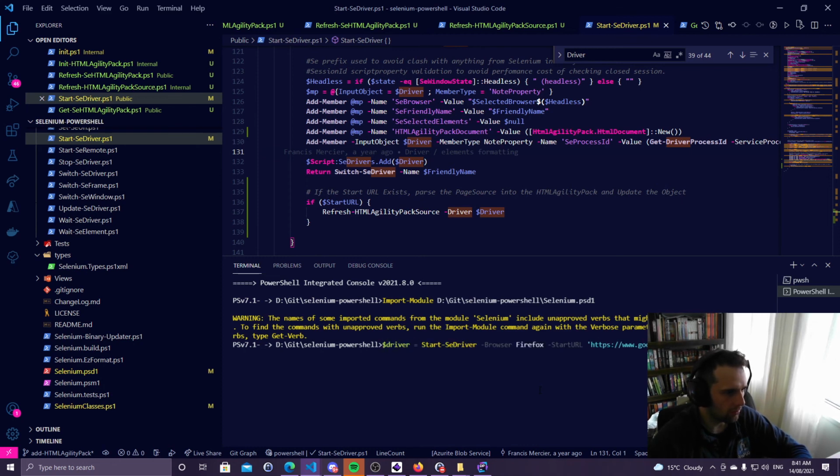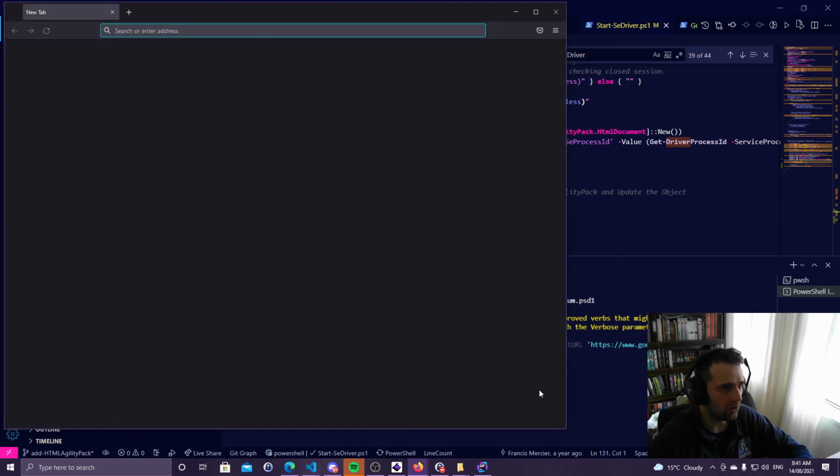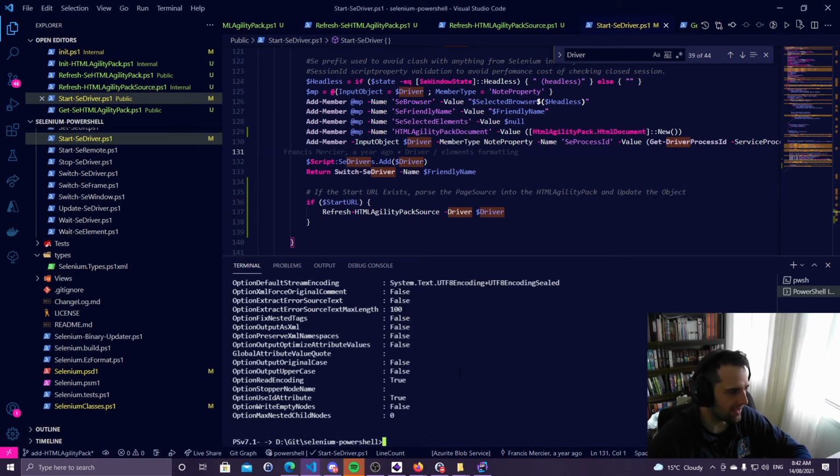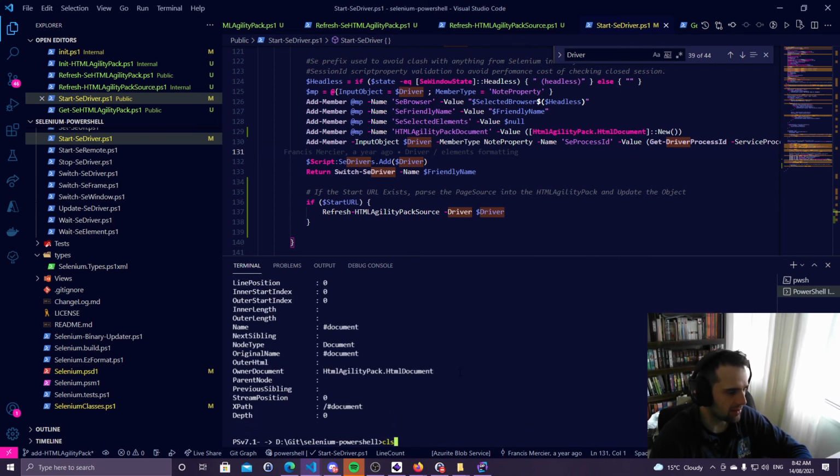Shouldn't have to, the HTMLAgilityPack should automatically load this up. Now, it could be the fact that the driver actually hasn't got anything. You can see if we go to the document node, there's nothing there. It's completely empty,